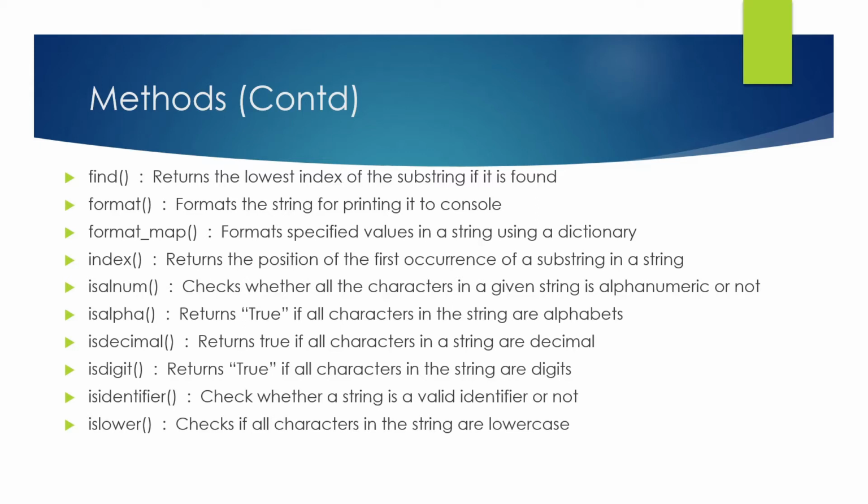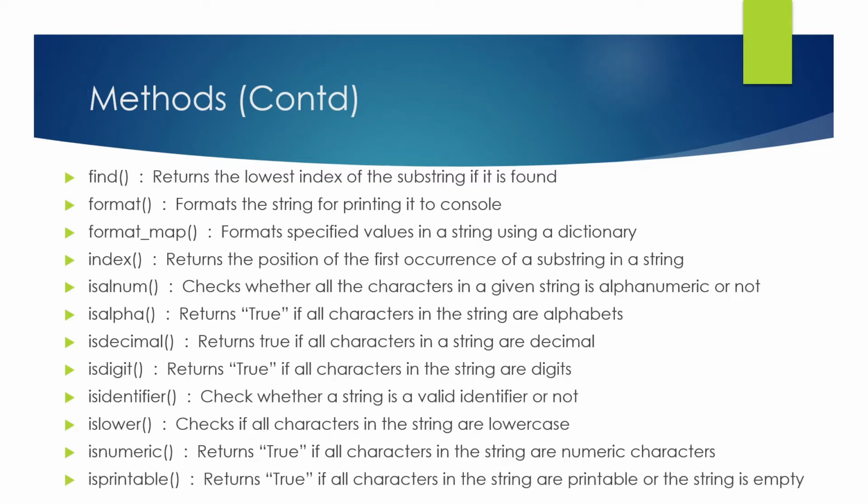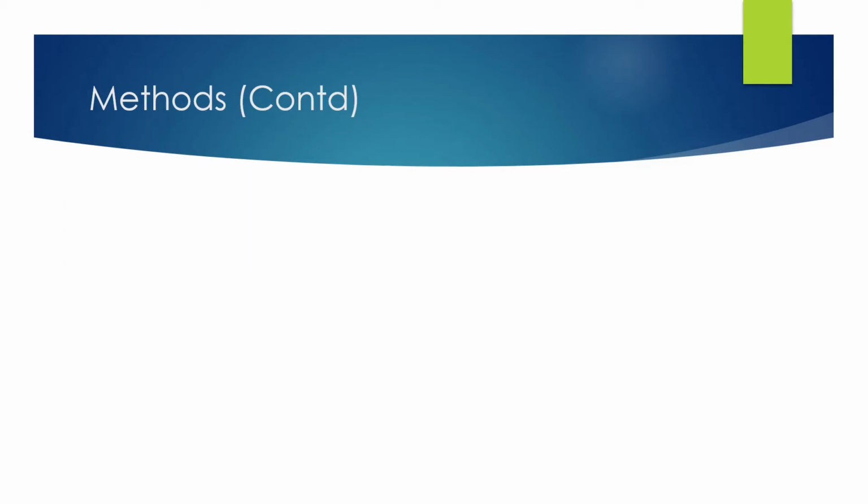Is lower checks if all the characters in a string are lowercase. Is numeric returns true if all the characters of a string are numeric characters. For example, there is a string that says Ravish 1 2 3 4 5, then it will return false because it's not completely numeric. Is printable returns true if all the characters in the string are printable or the string is empty. Let's move forward. Is space returns true if all the characters in the string are white space characters. So if you have written a string in which there are only white spaces or space bar, it will return